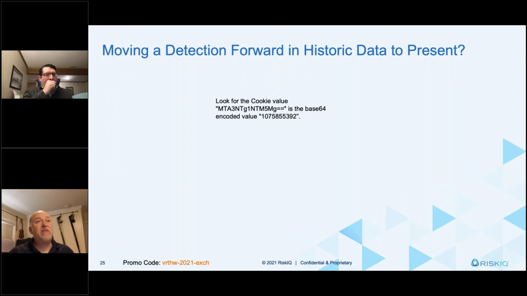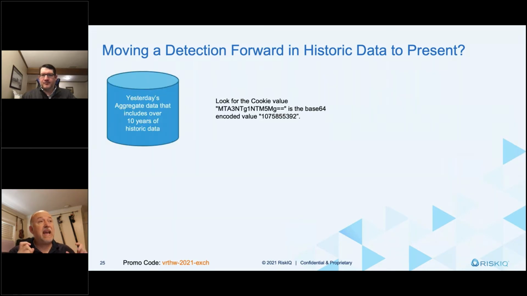And the way that we do that is we found, for example, that there was a cookie that was base64 encoded. And so we're able then to decode that and understand it. We created a rule. So what we do is every day we have the aggregate of the data that we had from yesterday. We have everything that we collected from today, and we have a merge.